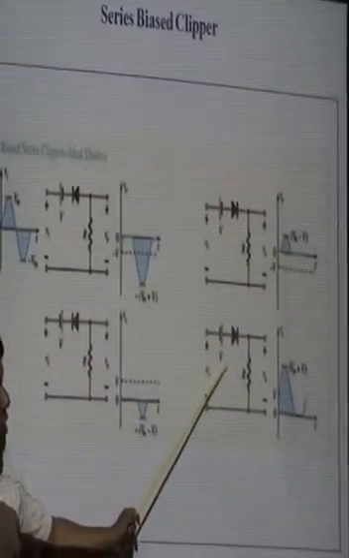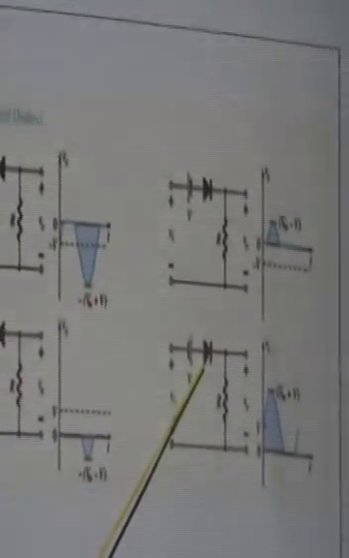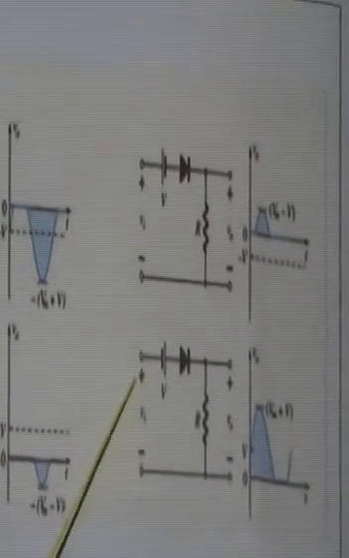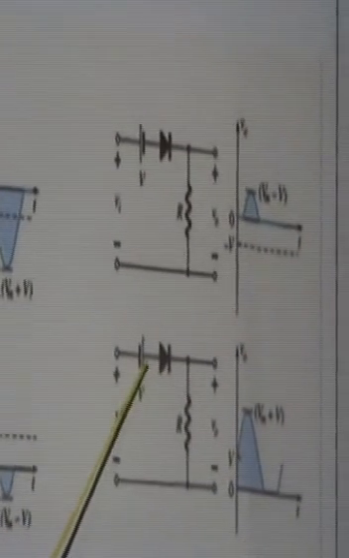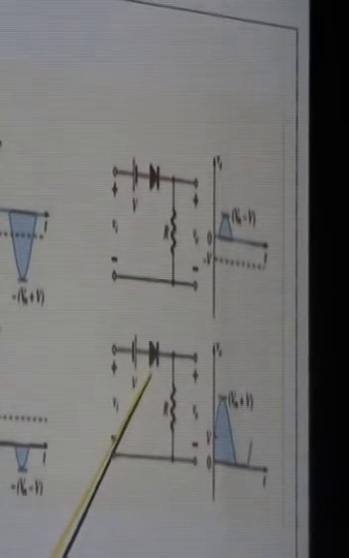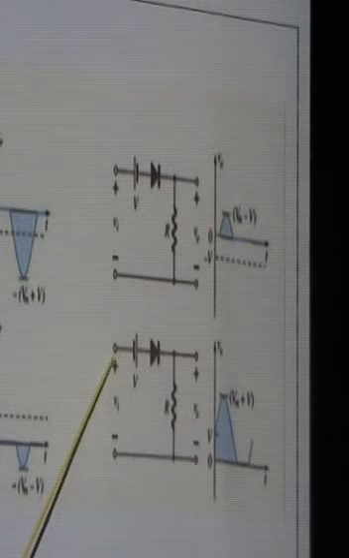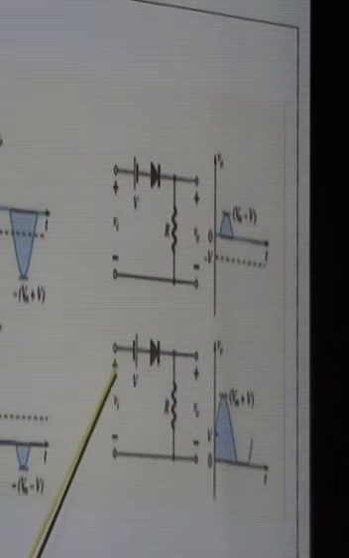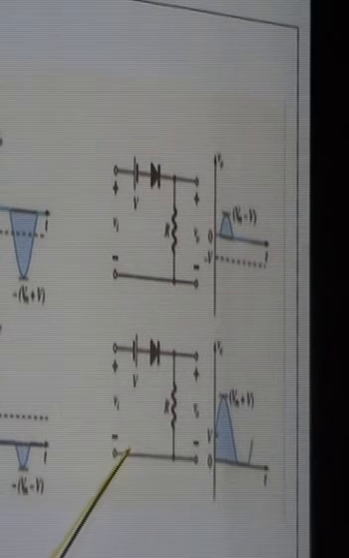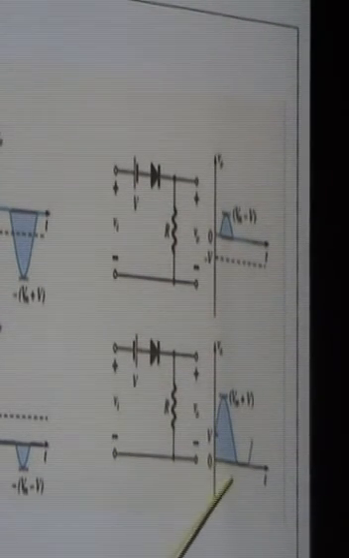While the below case is described as the battery supports the system because this P terminal is attached with the positive of the battery. And for the positive half cycle, this battery supports with the amplitude of V, that means V plus the peak amplitude Vm. So V plus Vm is the resultant of the output waveform, and this is forward bias for the positive half cycle. That means the current conducts in this circuit and there must be a drop, and the waveform is shown here for 0 to pi.